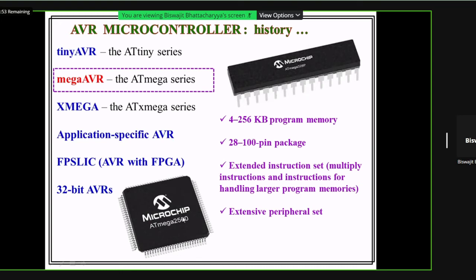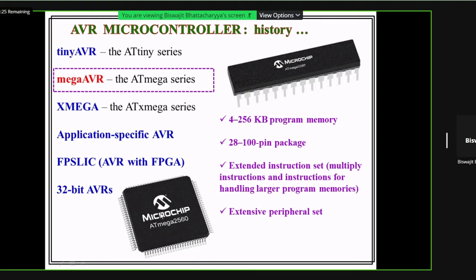And the ATmega 2560 is the heart of our Arduino Mega 2560 board. Now, what is the difference between an Arduino board and a microcontroller? Don't worry, I'll discuss this in the class later, not now.